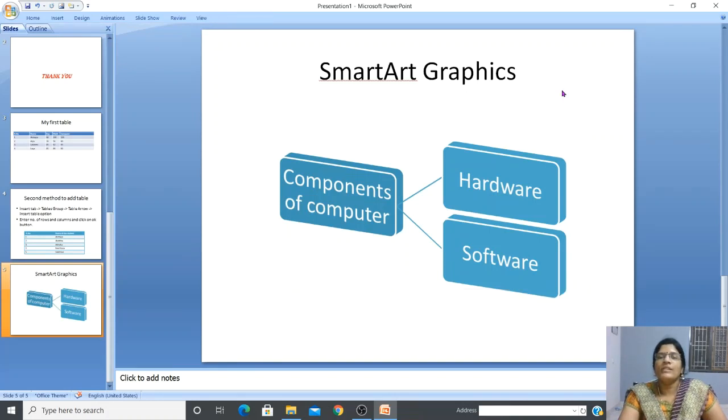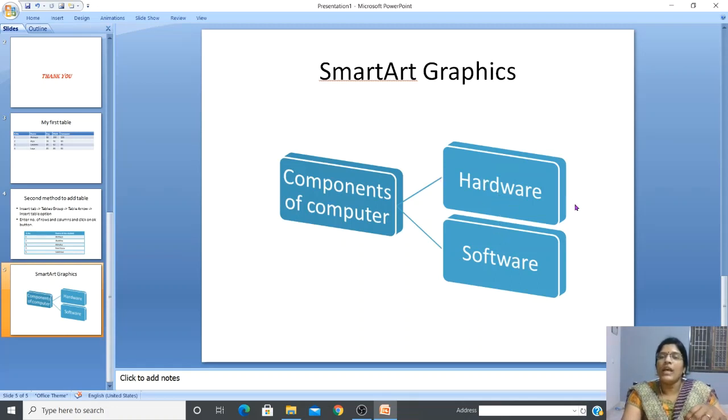Okay, so if I simply say components of computers are hardware and software, it won't give a very attractive look in your mind. But if I represent the same using the SmartArt graphics, it will look attractive and you will be attracted to read it. That is the magic of the SmartArt graphics. It makes the audience effectively listen to the presentation. Okay, that is the main concept of this SmartArt graphics. So clear? So I have created only two.